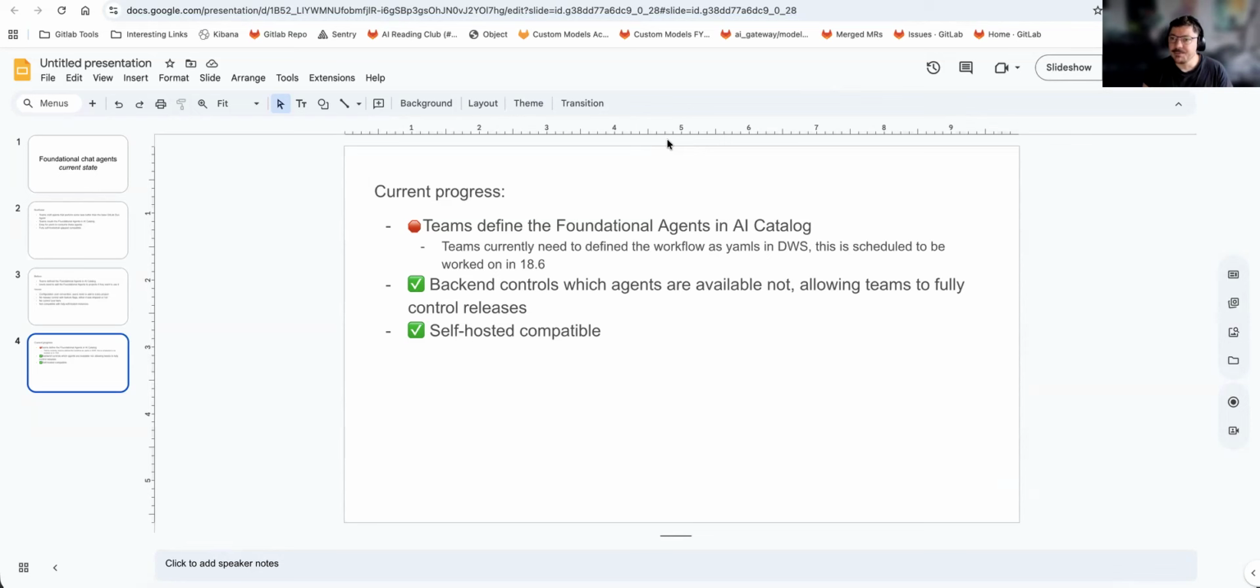With that, we get both the best of both worlds. Teams still use AI catalog. Teams still dog food our product. It's still easy to see the changes. It's a better UX. The teams don't need to care about the technicalities of how this works on